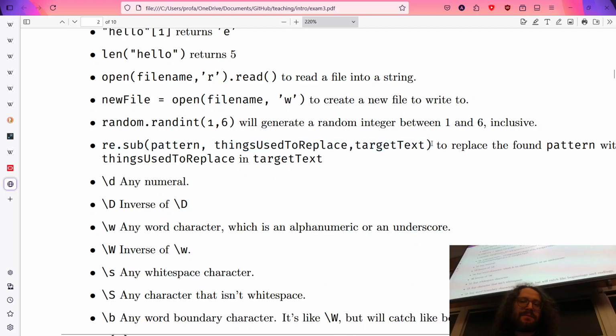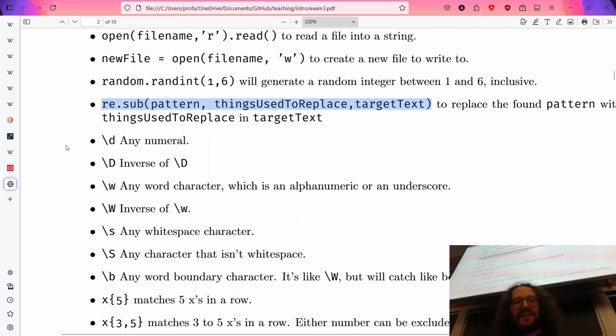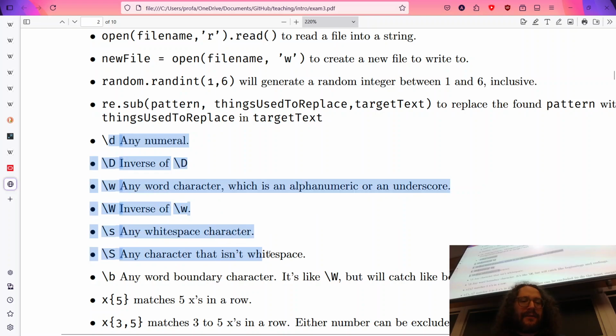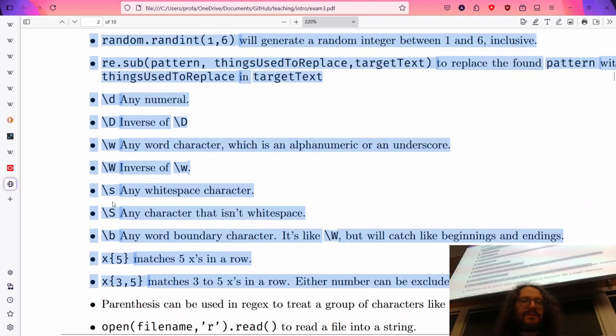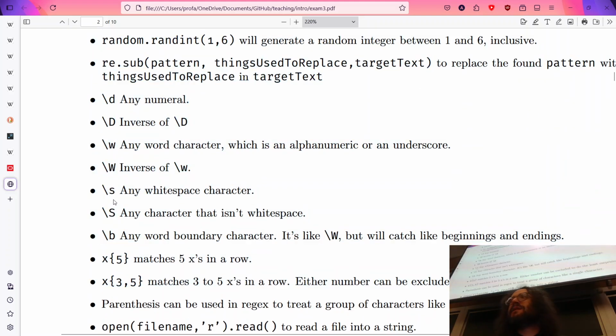For instance, this is probably the one command you'll need to focus on for the final exam, and I put it on there. And over here, I give you the reminder of what these special characters are, as well as what other things I do. So I am fairly generous with the information I give you for regular expressions.